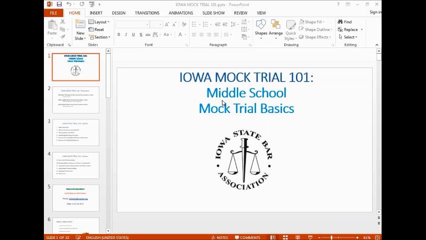Yeah, so just to add a couple other resources as far as rules of evidence go, there's a more formal book of trial objections. It's called Objections at Trial, very creative name. The 7th edition is the most recent one, and it's like a pocket-sized book. It has all the different trial objections. When you look through it, you want to make sure to compare it with the mock trial rules of evidence, because there will, of course, be some of the rules that are covered in that book that we don't use at the middle school or high school mock trial level here in Iowa, but there'll be a lot of crossover. So that's a good resource.